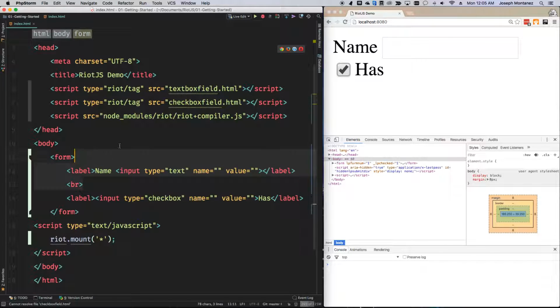So I'm going to move these into their components, but before I need to do that,